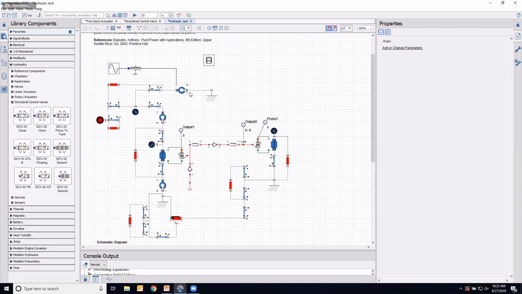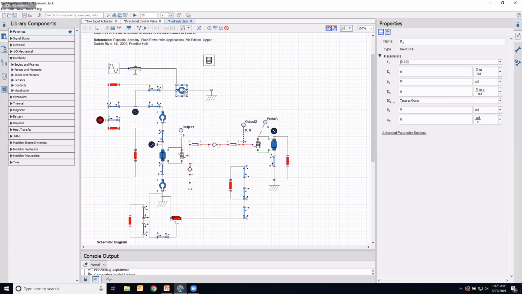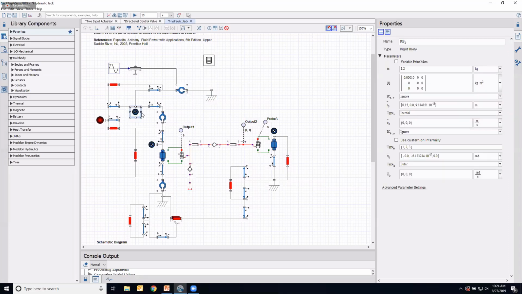In this example, we see a lot of multi-body components. So the multi-body is essentially our 3D mechanical. It's really one of the libraries we've put a lot of effort into as a company in MapleSim. So all of these components allow me to define things like fixed coordinate frames, rotational motion, some rigid bodies,